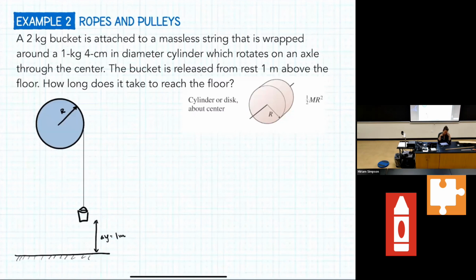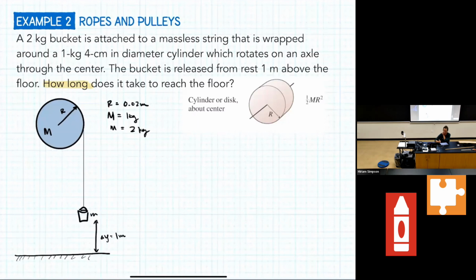Okay. And we're looking for time. So that's delta T. The bucket is 2 kilograms. We know the radius. So radius is going to be 0.02 meters. We know that the mass of the pulley is 1 kilogram. So that we'll call big M. Mass of the bucket is 2 kilograms. Sorry, the M's are not matched to the sizes, but you get the idea. And then